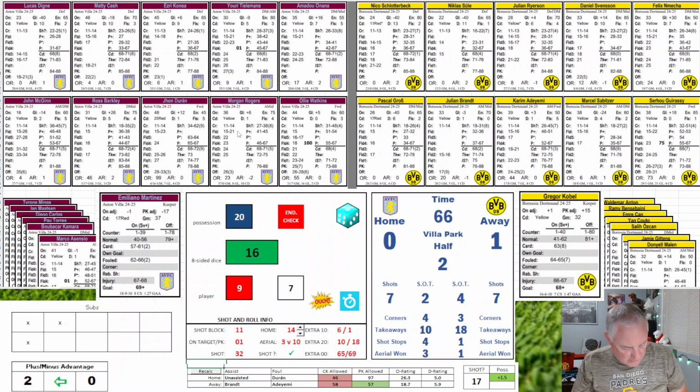So Rogers is a 75. He passes. Brandt is a 70. He passes. 6 is John McGinn. So McGinn will be coming out, and Schlotterbeck stays in. So McGinn will be subbed out of this one as the third sub for Villa.